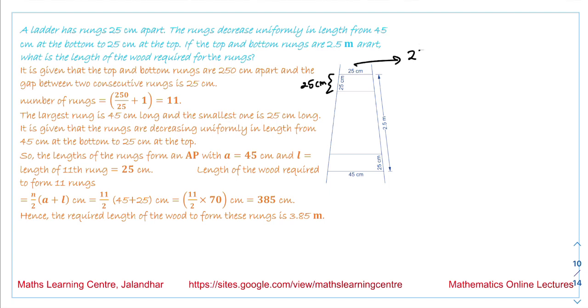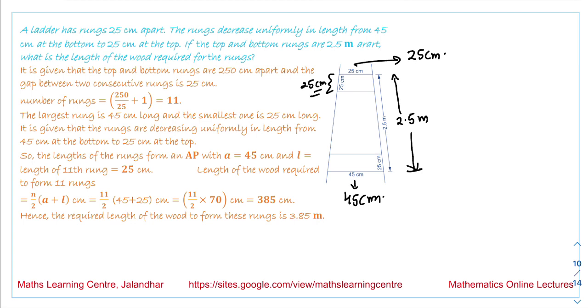The first one is 25 centimeter, and the last one is 45 centimeter. The length is decreasing. If the top and bottom rungs are 2.5 meter apart, and the spacing is given to be 25 centimeter,